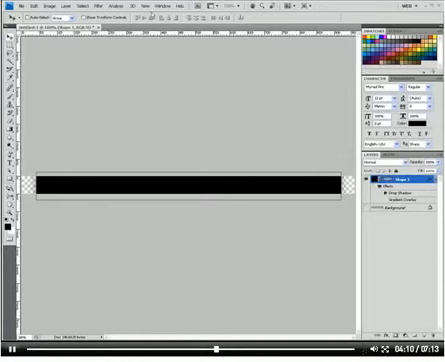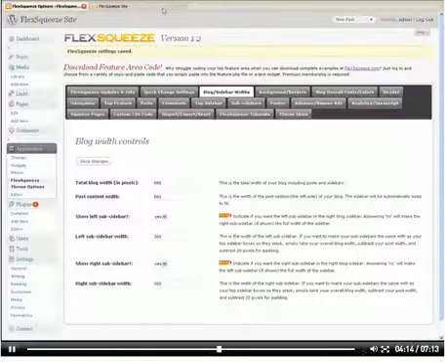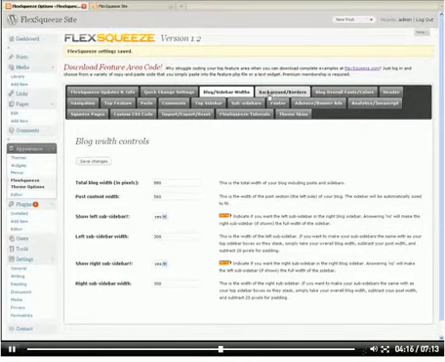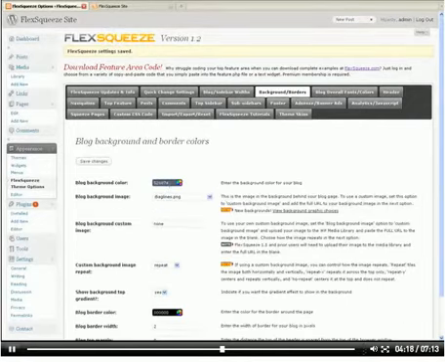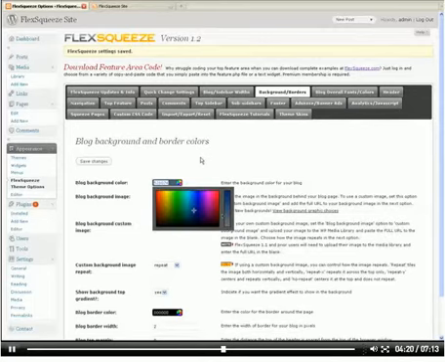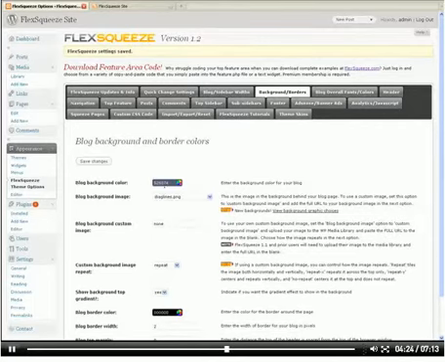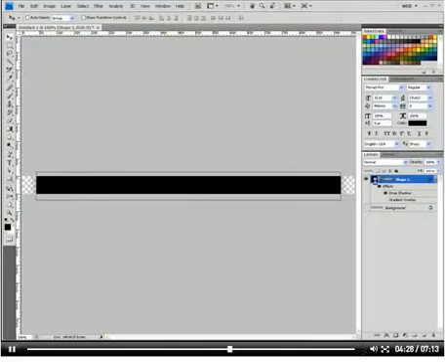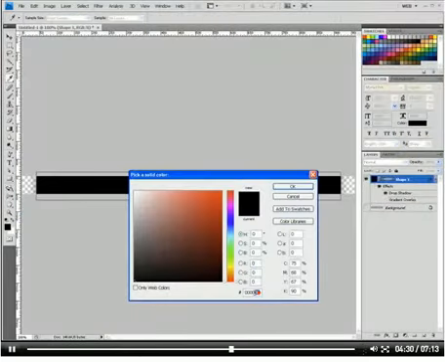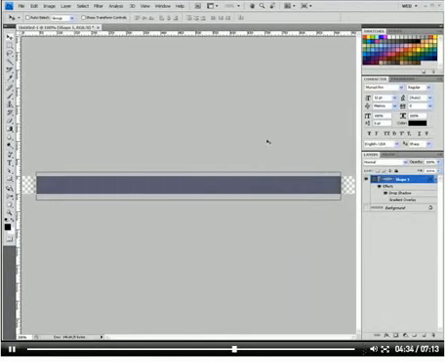And the last thing I'm going to do is change the color of the shape fill, and I'm just going to match that up with our background color that we have currently selected. So I'm just going to do a Control-C copy and get that hex color value back into Photoshop, and double click there, and down here I'm going to paste that value, click OK,